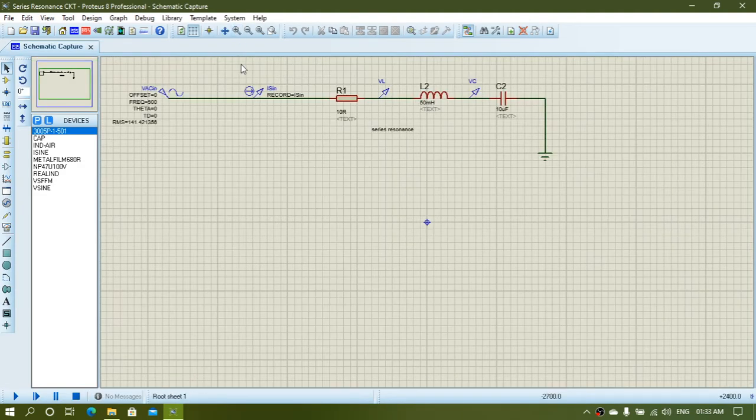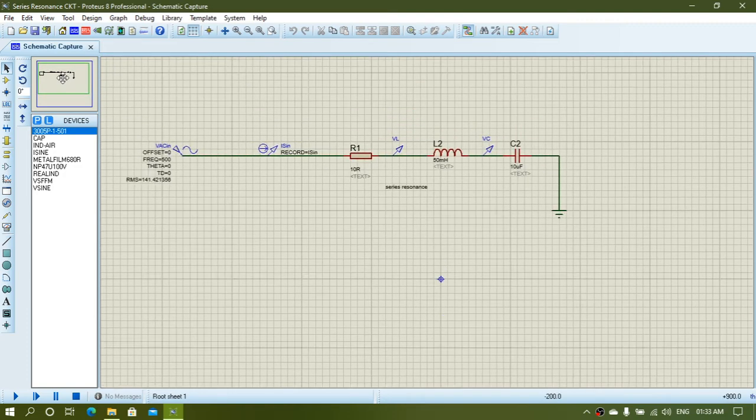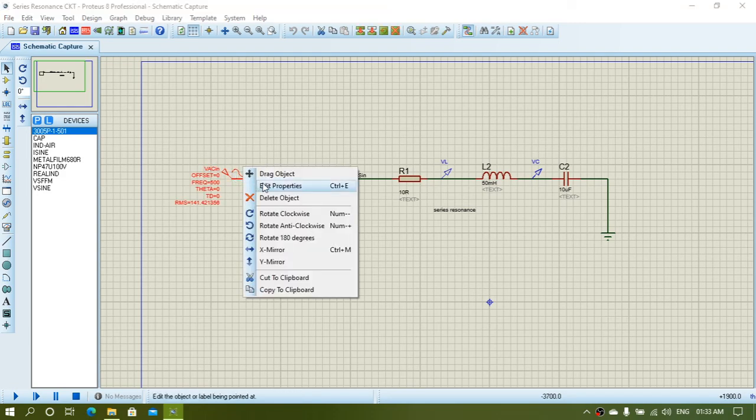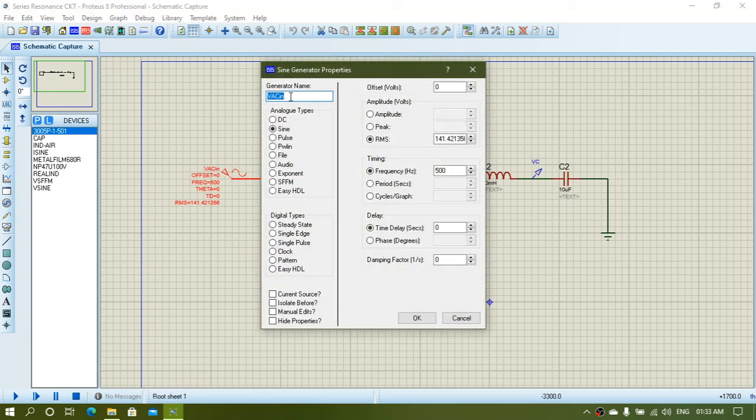You will see here, I will connect R1, L2 and C2 in series with this virtual voltage source, which has a property like this. The signal generator I already renamed as VAC in, only so that I can plot this data in your Proteus graph.